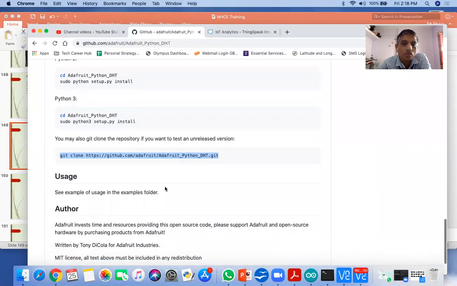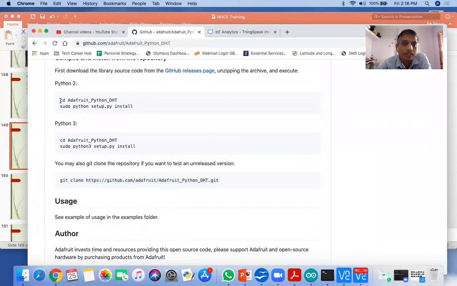Then you have those files, just go into it. The same as before, after this you need to execute this one. So both online and offline versions work. This is the online version; if your Raspberry Pi is connected to the internet, use this.